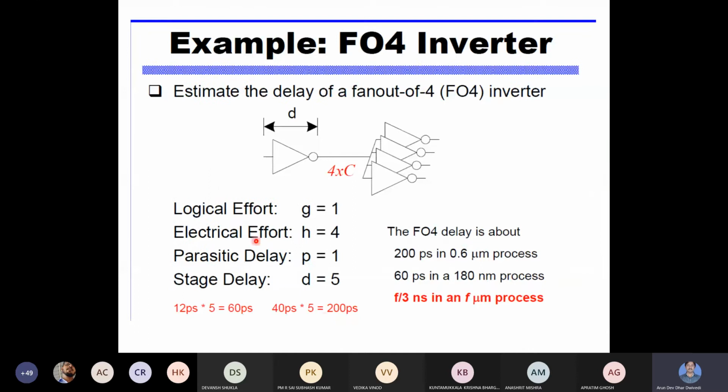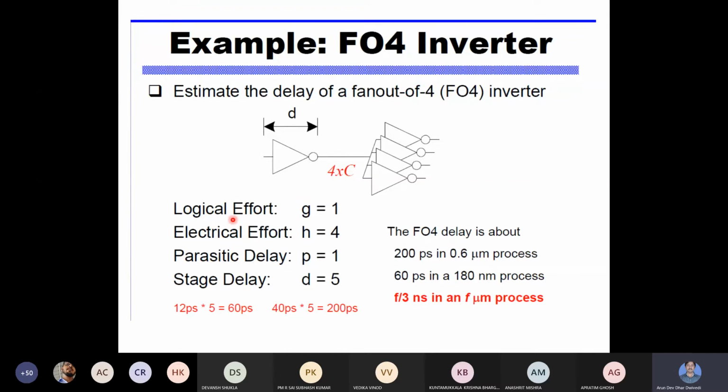Now here it is telling to estimate the delay for fan out 4. So this is the inverter, and it is driving 4 other gates, 1, 2, 3, 4, 4 similar gates. It is a CMOS inverter. Suppose it has delay D, and it is driving 4. Its fan out is 4. Fan out means how many stages of loads are connected at this output. So it is connected with 4 other stages of the inverter, first, second, third, and fourth. So here 4 times C output means capacitance, 4 times multiplication of the C is shown.